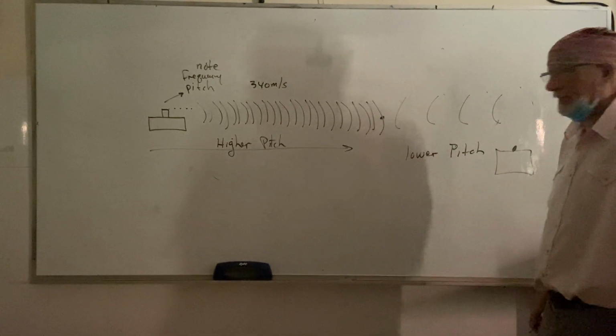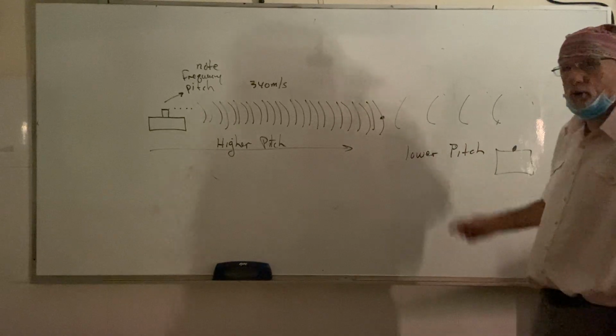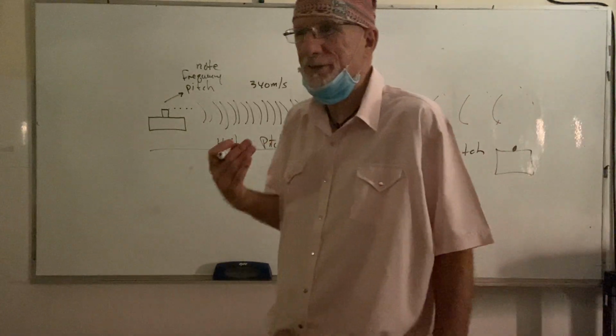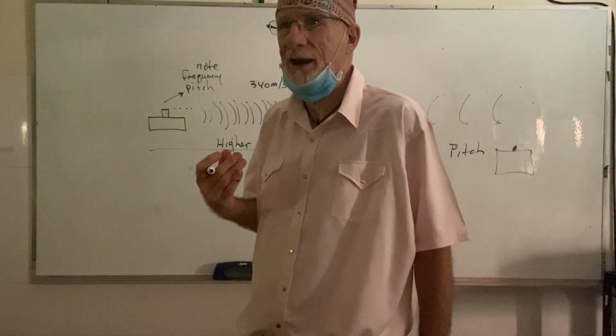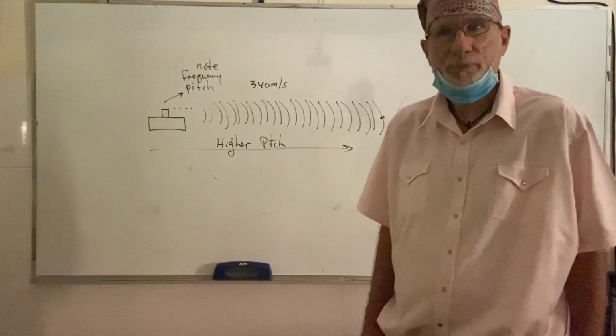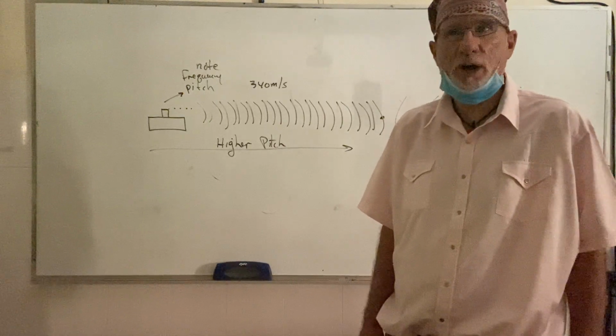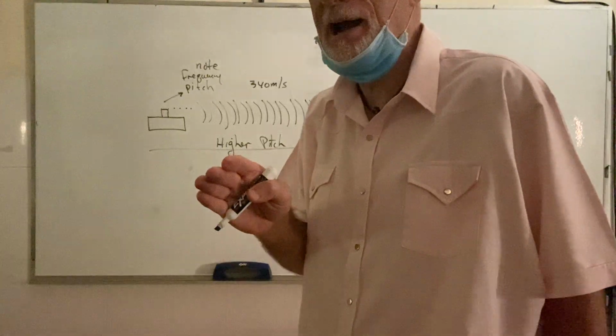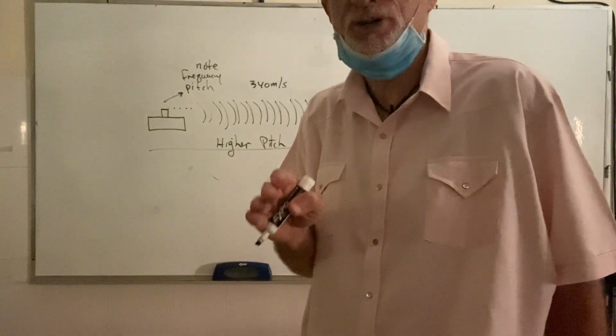So you have a lower pitch, and you hear it all the time. You don't know where it is. When it's going toward you, it's high. When it passes you, it goes